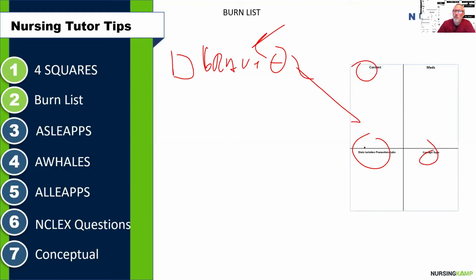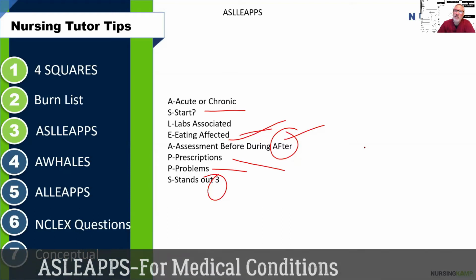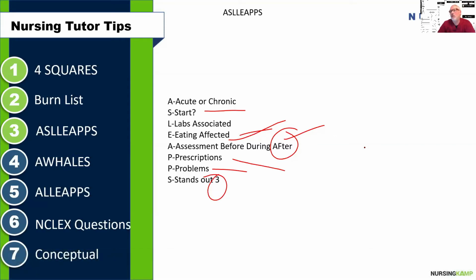Well, there are 3 different methods that we use, and the first is called ALEAPS. We use this method whenever there's a condition. So if we're looking at something like a PE, a pulmonary embolism, we have to define that because it's a condition, right? What we do is go through this method where we ask, do I know whether it's acute or chronic, how it starts, labs associated, is eating affected by it, assessment before, during, after, any prescriptions related to it, any problems, and what are the 3 things that would cause me to run down the room